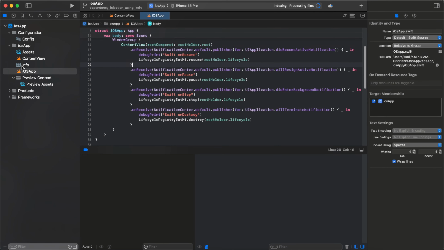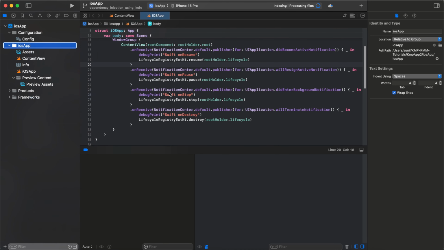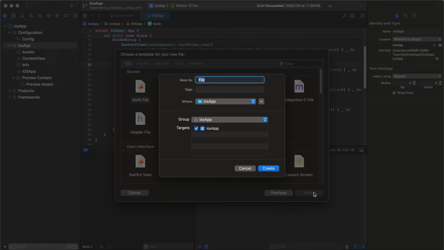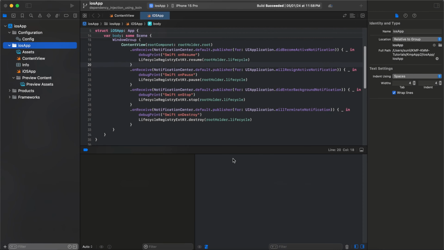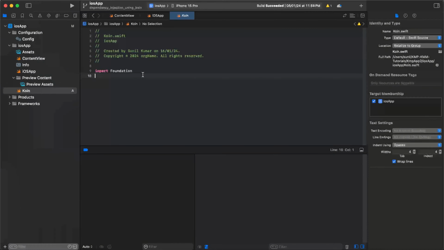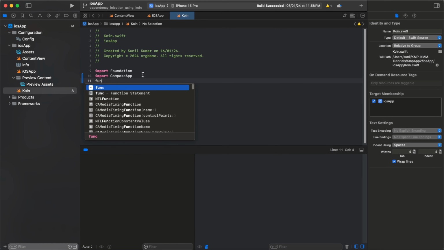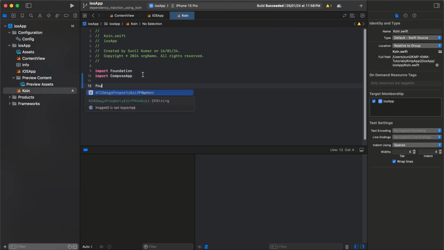And then we need to add one class here, and we can name it Koin.swift. And what we are doing here is we can import Compose app, and we can define the